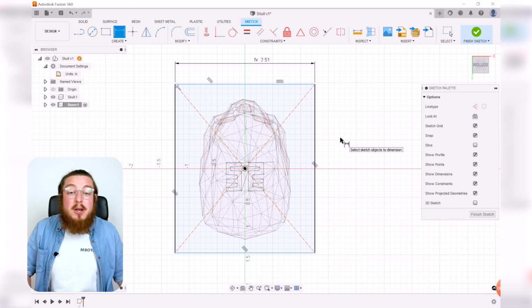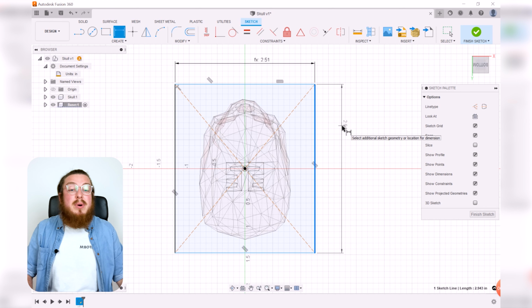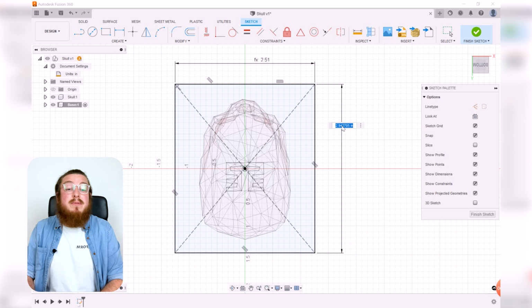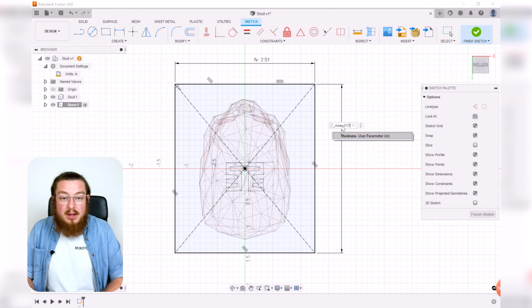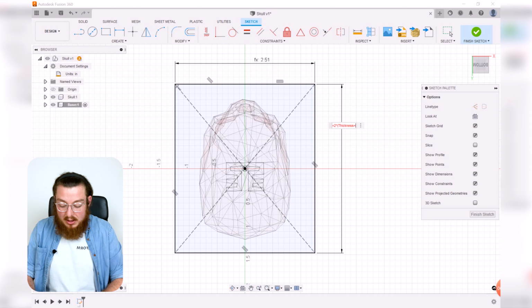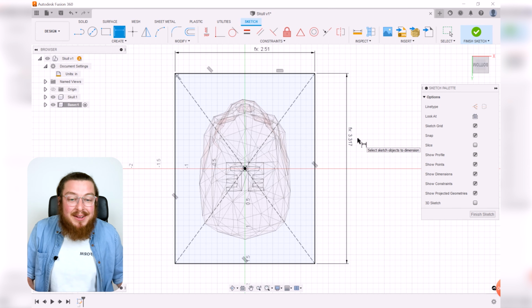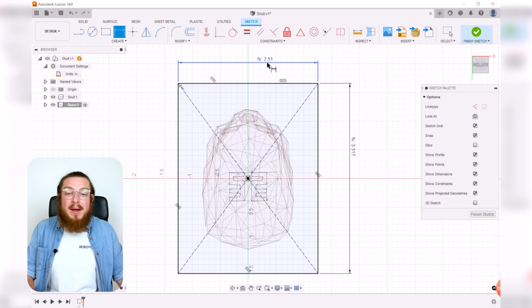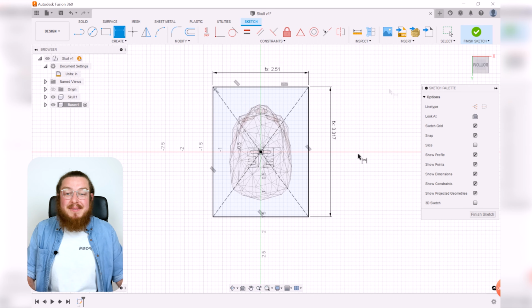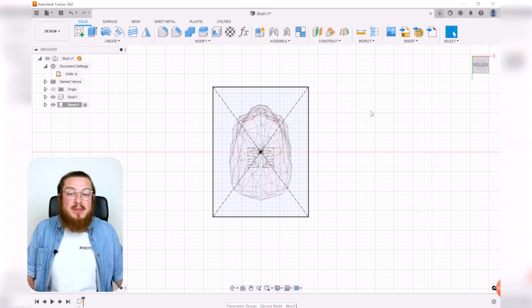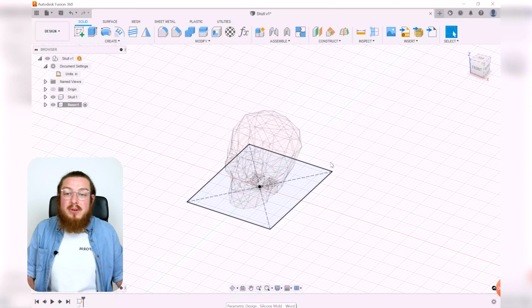We're going to do a similar thing for this vertical line, where we can click it, pull our dimension away, click again. This time we want to define the y-axis. Then we want to add on 2 times, and then parentheses, the thickness of our material plus the clearance. And then close off that parenthesis, and then hit enter. And there we go. That function now equals 3.317 by 2.51. Perfect. Now we can go ahead and finish this sketch,